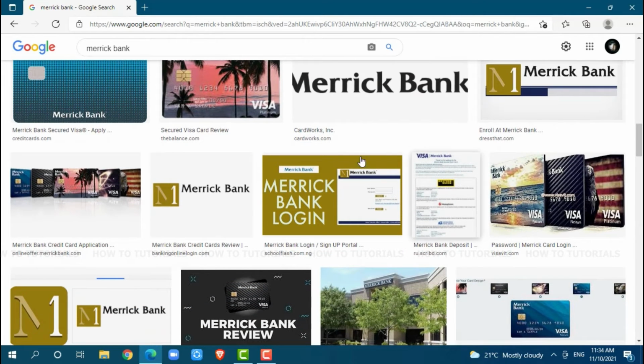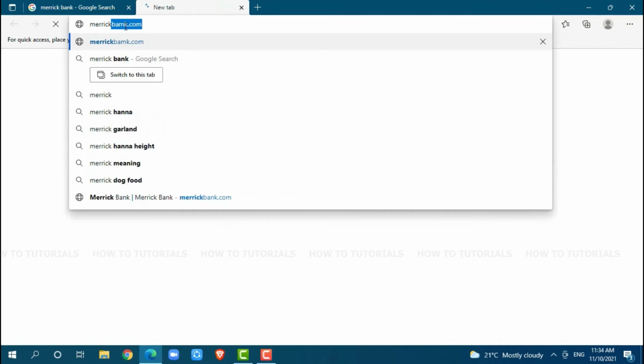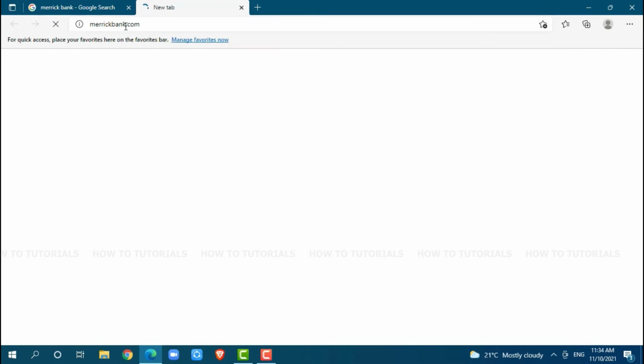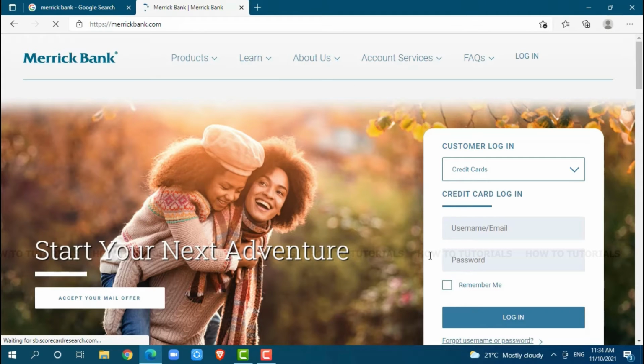First of all, you need to open any web browser on your PC, as I am using Microsoft Edge for this. Now go in for a new tab and search for merrickbank.com and press enter. At the official web page of Merrick Bank, you will see the login form page where